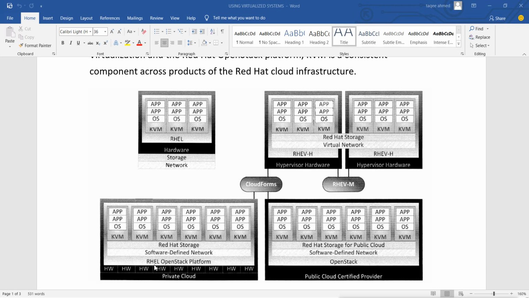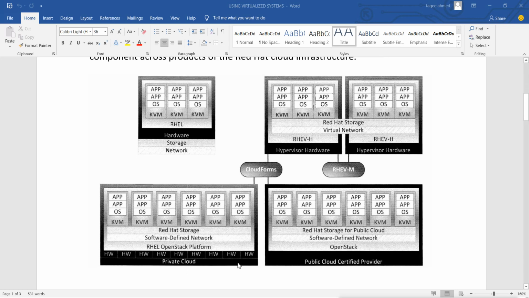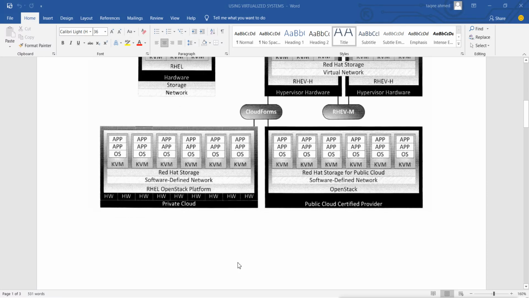Private cloud is like the RHEL OpenStack platform, which is on the RHEL platform, and public cloud means it is working directly on open source OpenStack. This is RHEL OpenStack, and this is RHEL. This is normal OpenStack. So it is called public cloud, or when we have RHEL OpenStack, it is a private cloud. OpenStack is also a private cloud technology like Zen Server or VMware.